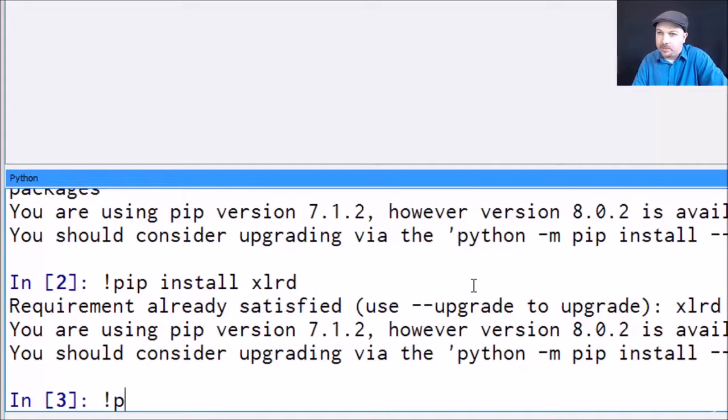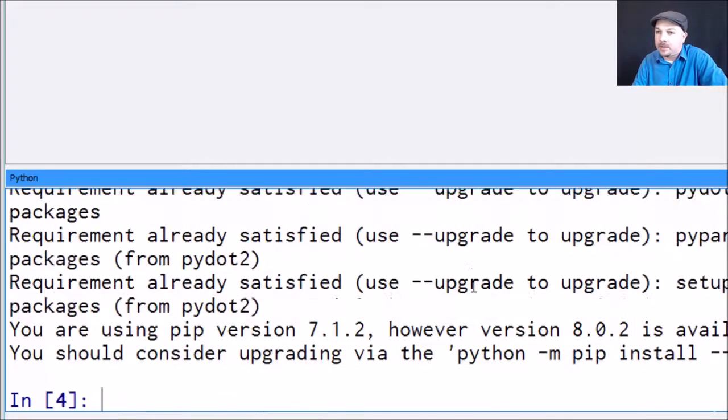We are then going to install a package called pydot2, pip install pydot2, just like that. And I already have that as well, but your system will go out and fetch it. And that just lets me make pretty pictures within Python, so that will let me visualize decision trees when we get to that lecture. Now the last thing we need is a package called statsmodels, and to do that